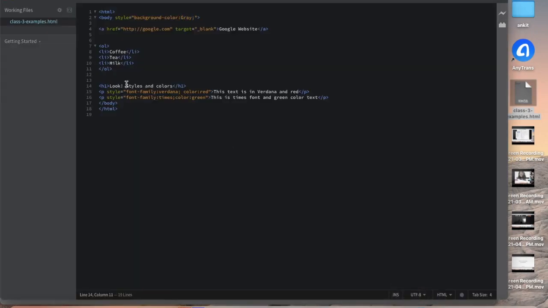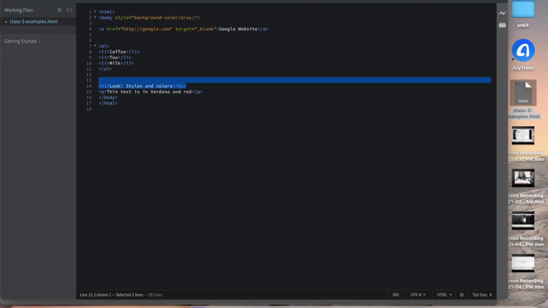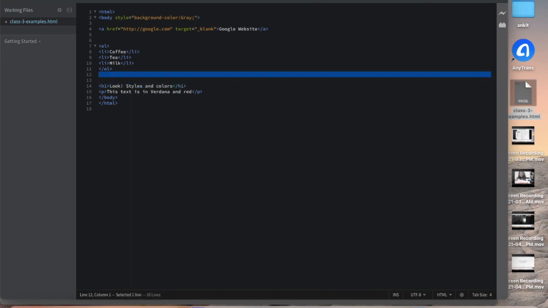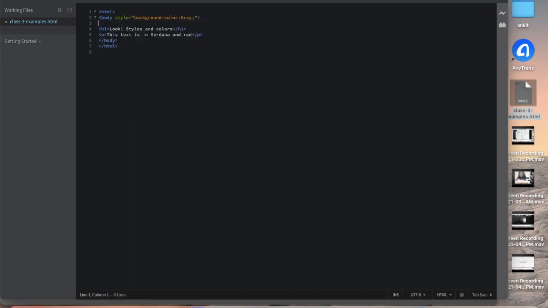So if you can see this one, the p tag style we have given inside the p tag. So this is internal, okay, inline style. Okay, so if I want, let me try to just remove this tag to make it easy to understand. I will just remove the other tags as well to make it smaller and simpler for you.